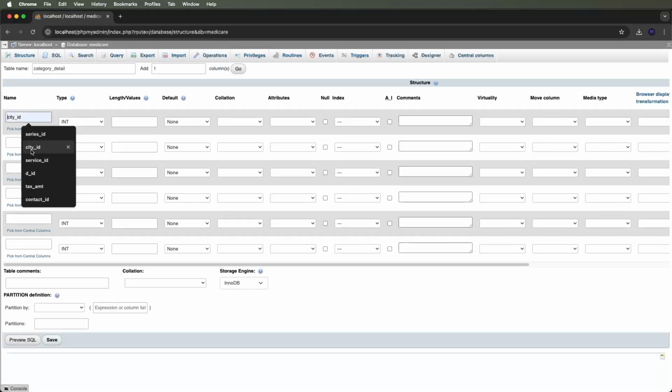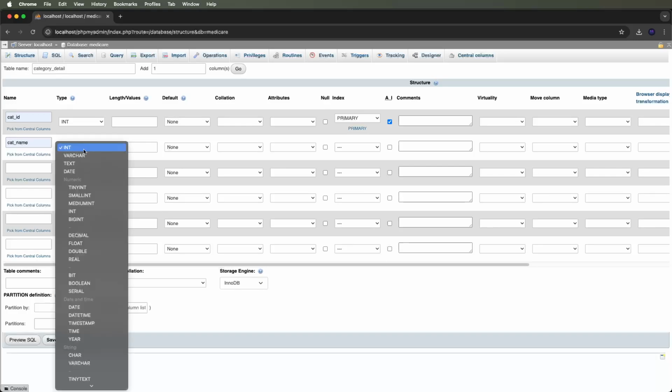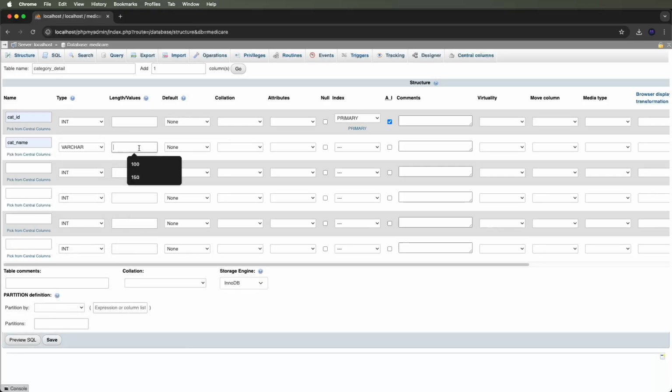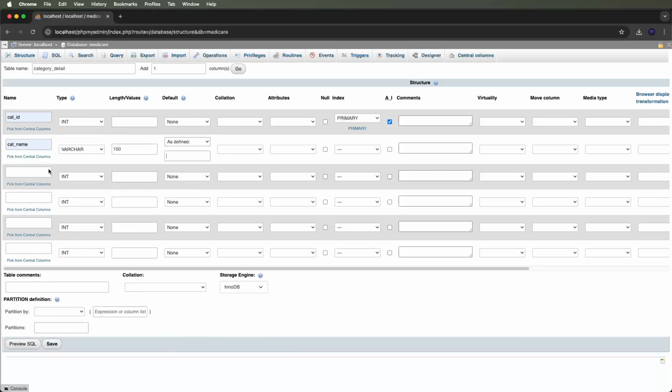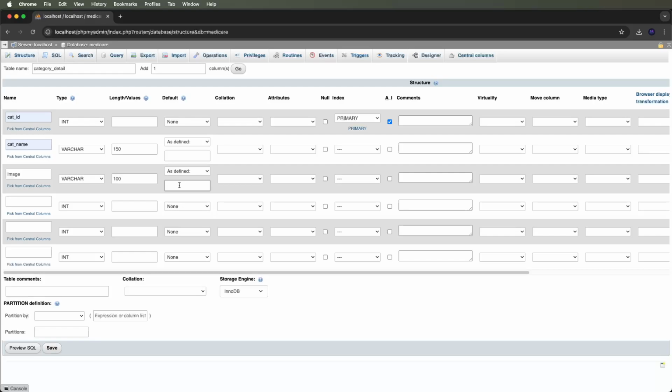Now we need to set the cat id, and set the auto increment. Now we need to give the category names, cat name, where we set 150 and blank. Then we need to set the image for showing the icons related to the category, with a length of 100. By default, we set this value as blank. Then we need the status column